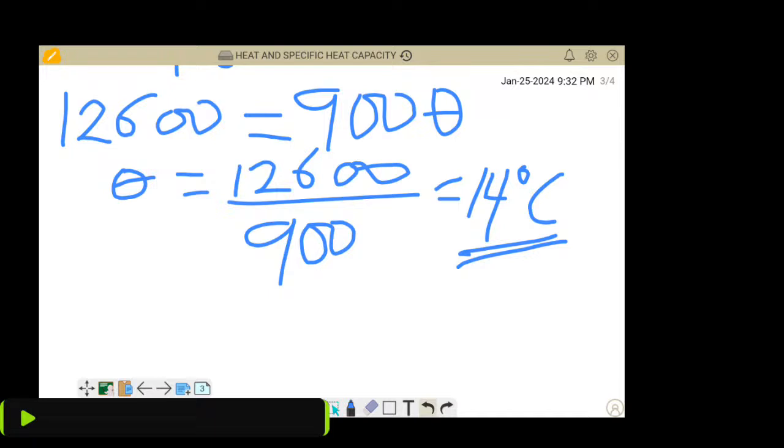Okay, now I talked about the electrical method at the beginning, so let's just look at one more example on electrical method before we call it a day. But before we do that,